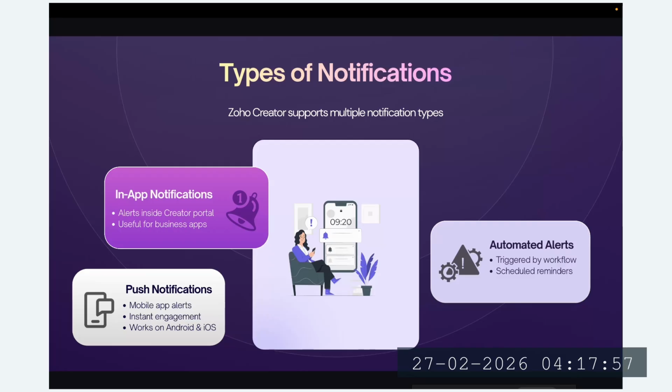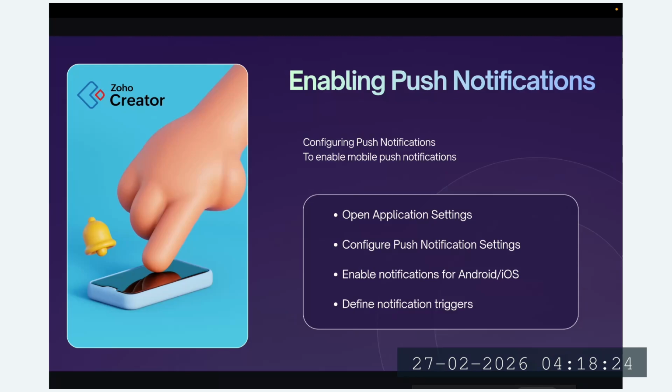And you get automated alerts which are triggered by the workflow that you have set in the backend, right? These notifications can be found inside Zoho Creator already, but I'm talking about the push notification that gets popped up on your screen when you're not using the particular app, right? So this can be enabled using